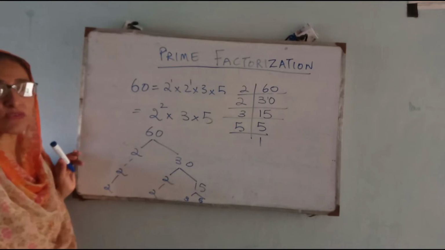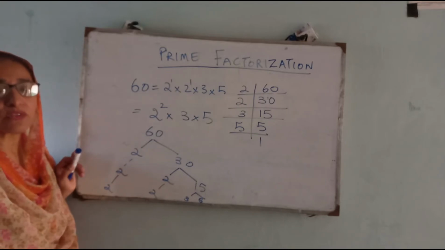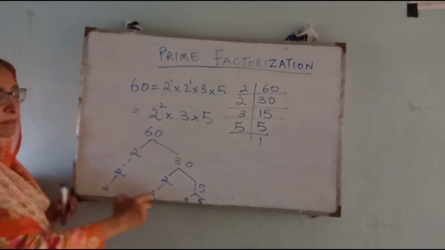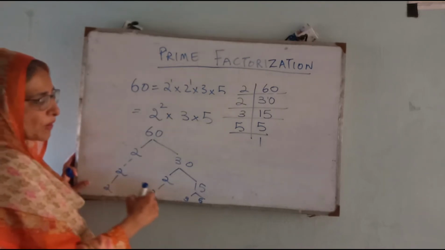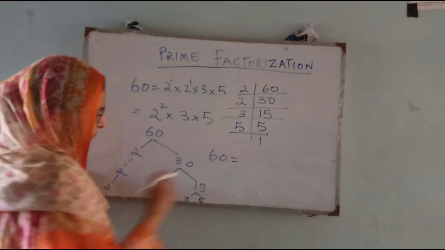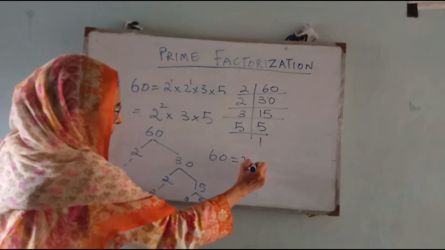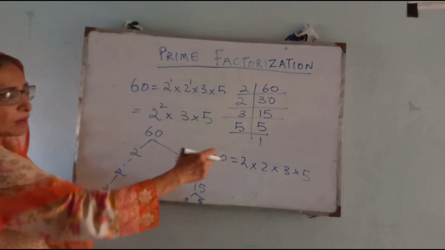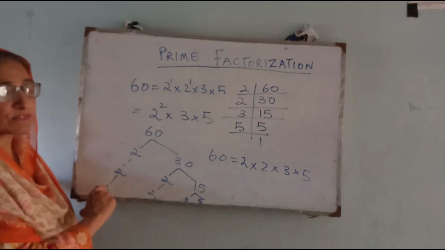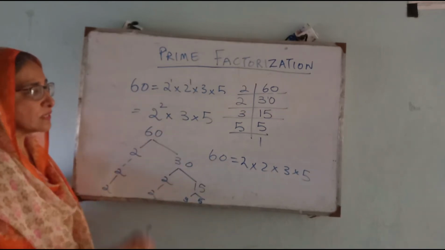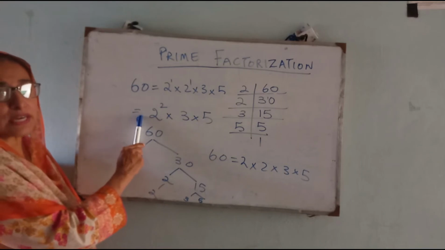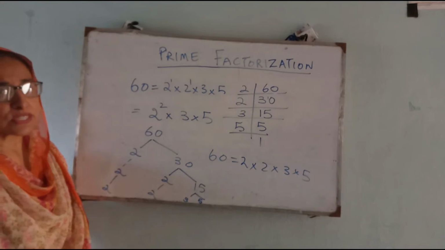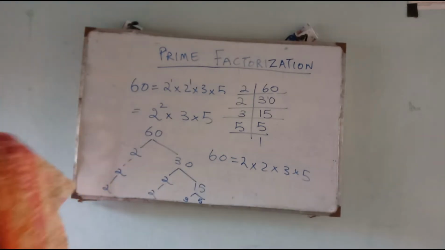And as I told you before, dividing or multiplying with 1 does not make any difference. We are going to get the same result. So this is the end. The numbers which are left in the end are the prime factors for 60. So the prime factors for 60 is 2 multiplied by 2 multiplied by 3 multiplied by 5. So this is the prime factorization of 60 using a factor tree. This is the prime factorization using the index notation, and this is a simple prime factorization of 60. Let's take another example.